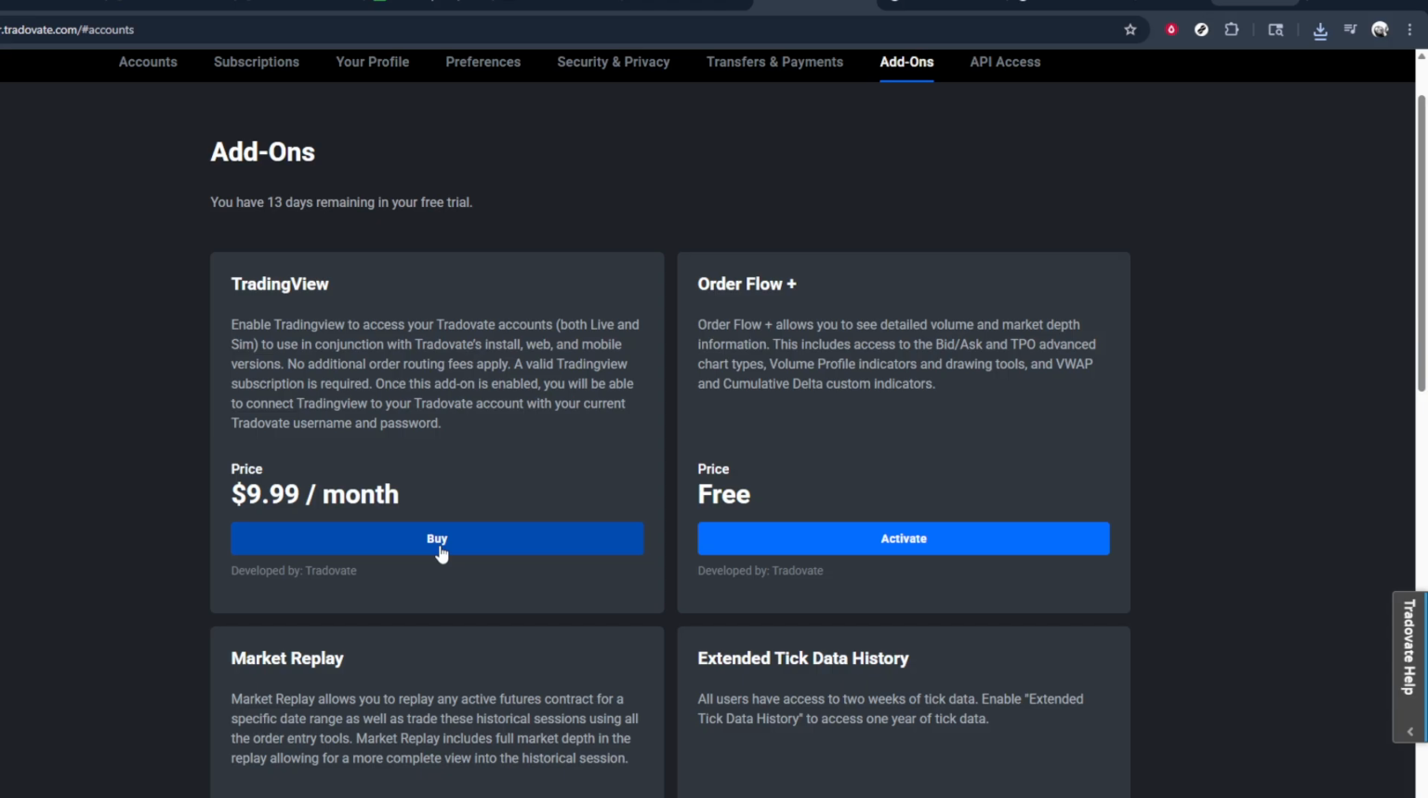When you click Buy, Tradovate will usually show you details about the TradingView add-on, such as pricing, terms, and what's included. Take a moment to review this information so you know exactly what you're enabling. Follow the on-screen prompts to confirm your choice. Depending on your account, you may need to agree to terms or confirm any subscription details. Once you've completed that process, TradingView support will be enabled on your Tradovate